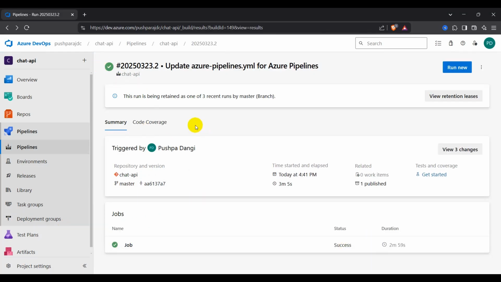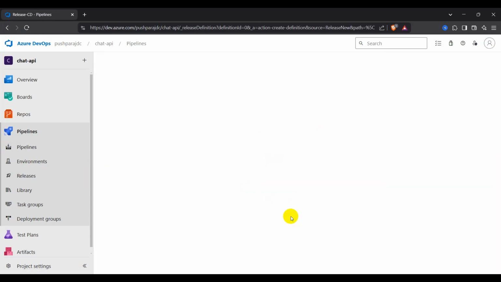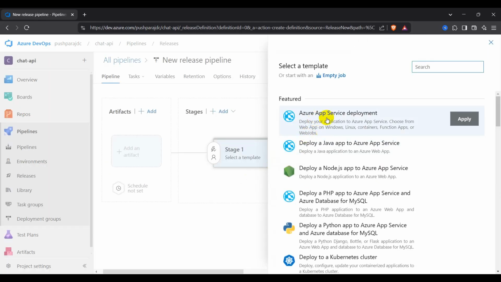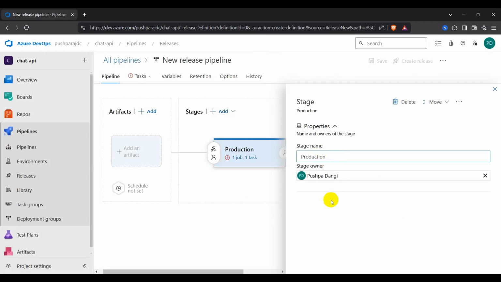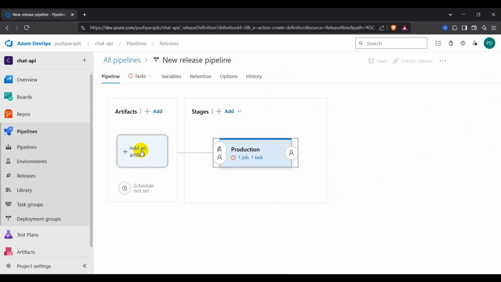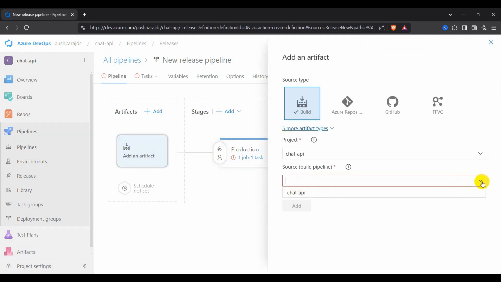Next, okay, let's create release. Let's click this release and new pipeline. It's loading. Let's select Azure App Service Deployment, apply. Let's give name production. You can configure multiple stage deployment. So let's close this one and let's click add artifact. Let's select our build pipeline, this chat API,